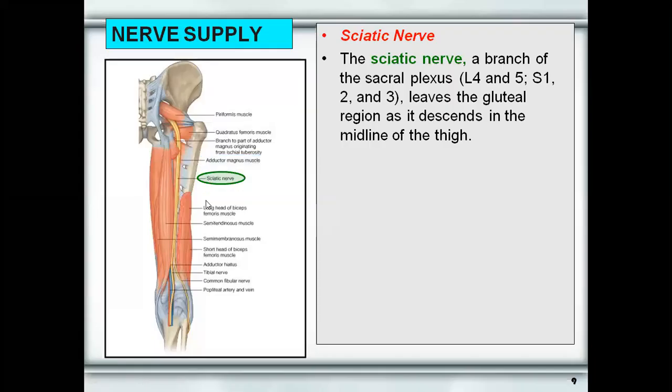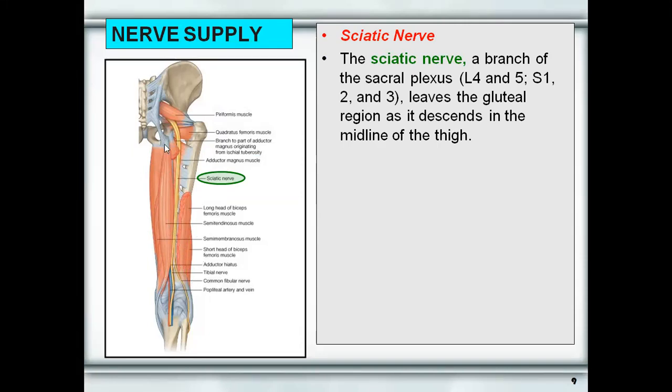I hope you understood very clearly what are the various muscles we have. We have semitendinosus, then semimembranosus, biceps with short head and long head, and then we also have the adductor magnus. Towards the medial side, this tendon-like muscle is semitendinosus, below which we have semimembranosus. With the sacrum you can make out, this is the medial side and this is the lateral side. The superficial one with the long tendon is semitendinosus, below which we have semimembranosus. Laterally we have biceps femoris.